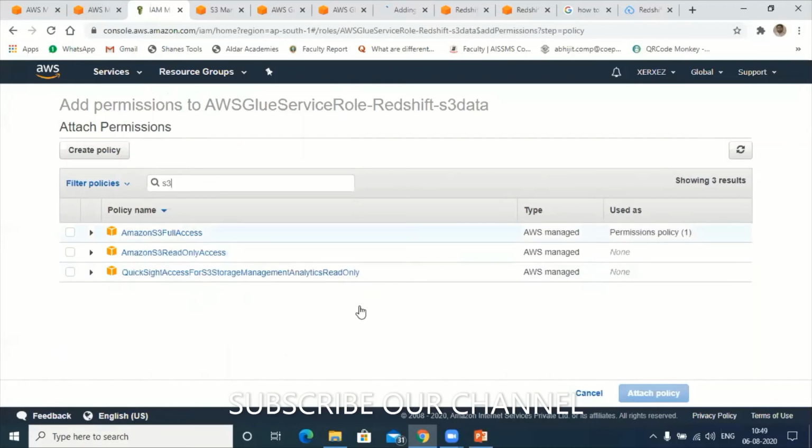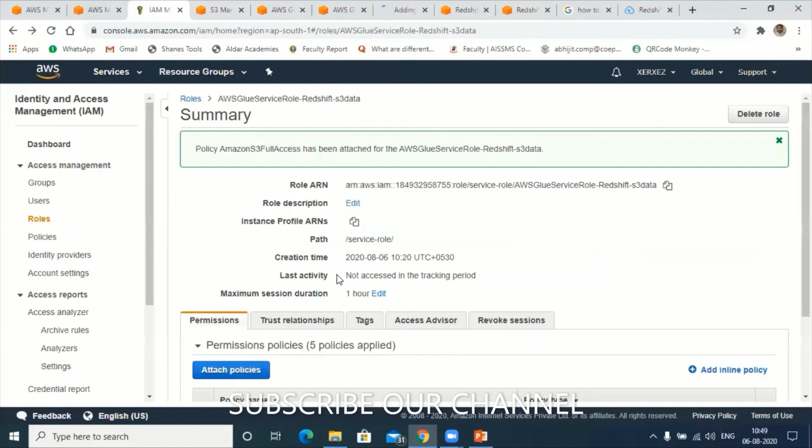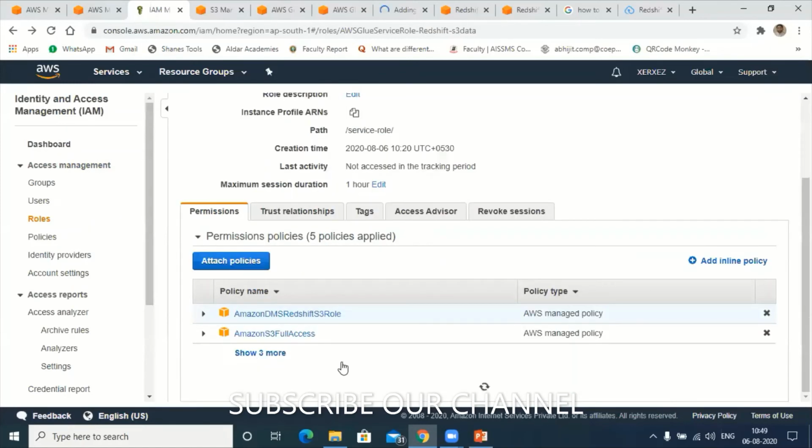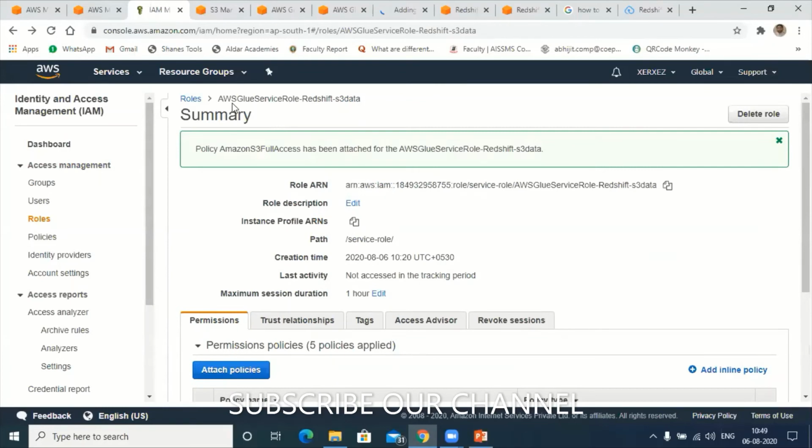So I've given now full access for Redshift, and even for S3 also. Let me try again, whether it is possible to access the data in Glue using the S3 bucket. Fine. So you can see the newly configured policies here, under the AWS Glue service role, Redshift and S3 data.